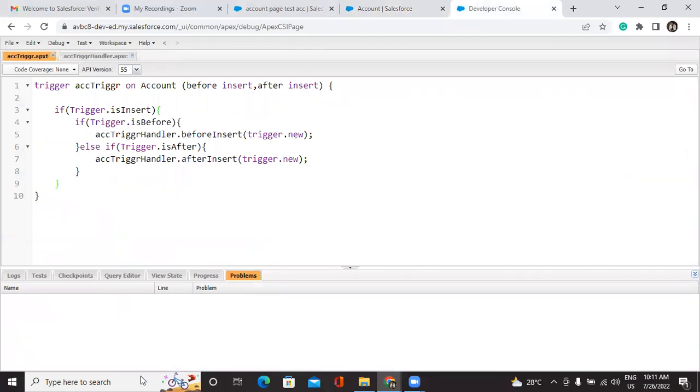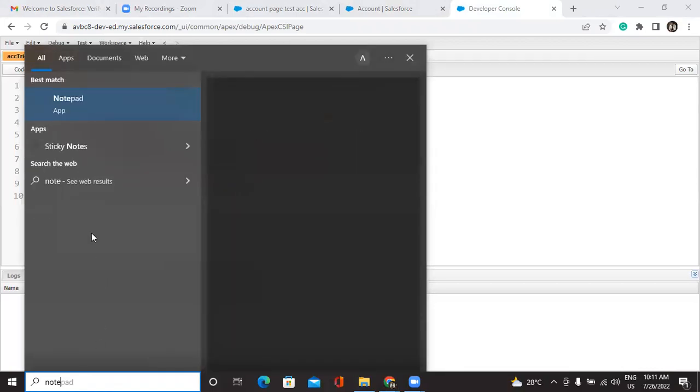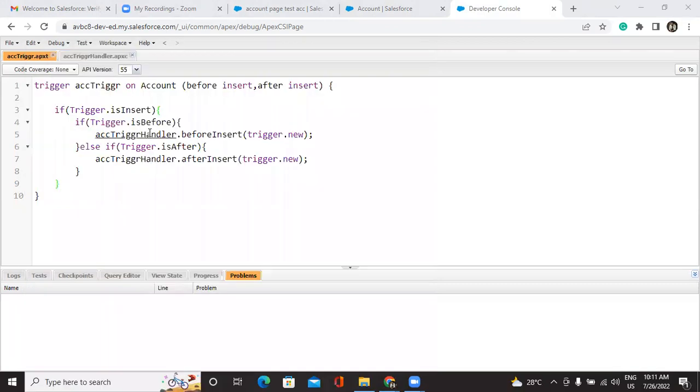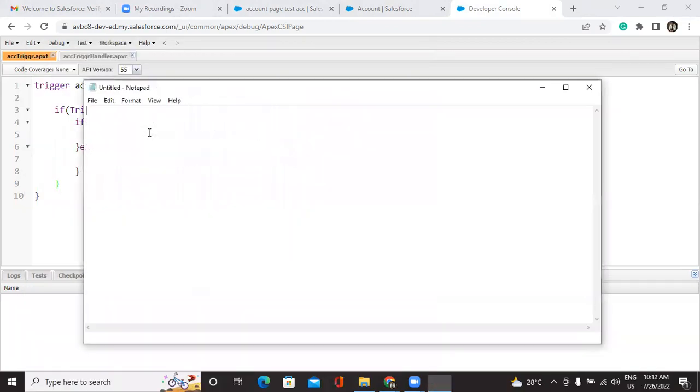Okay. Now I'm going to the next scenarios that I want to go with. I'm going with update scenarios later. First of all, let me go through some delete and undelete scenarios. So in my delete scenario, first of all, I'll be going with before delete scenario or after delete scenario. In the delete scenarios, I want,